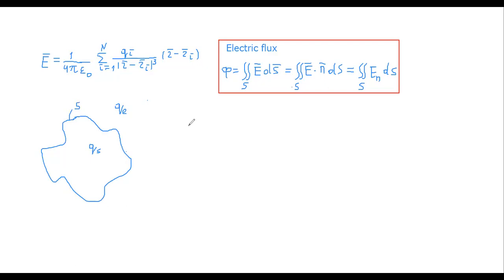And according to Gauss law or Gauss flux theorem,